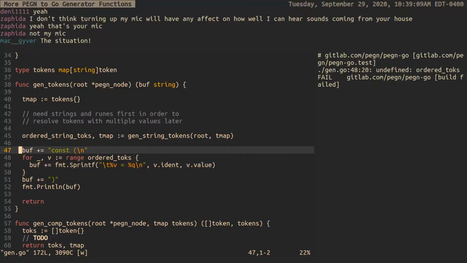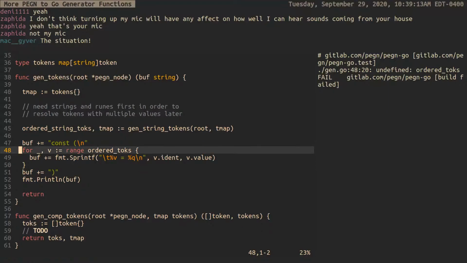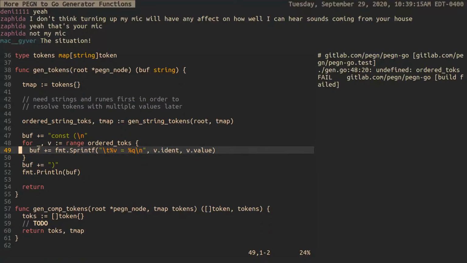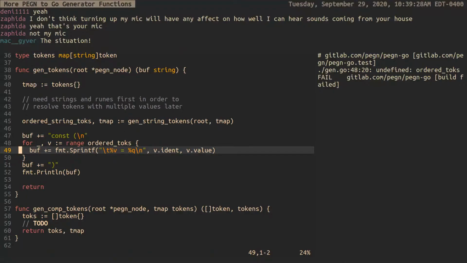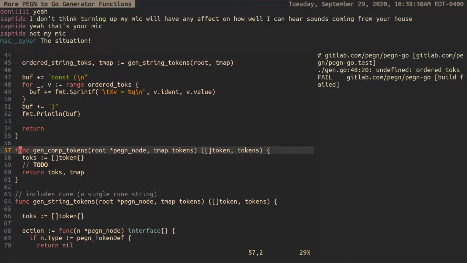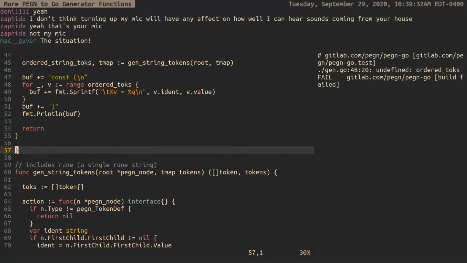Maybe put a flag on it and say this is a compound token. That's probably a much better way to do this. In fact, there are so many ways to do this. Probably one of the best ways is, instead of making a token,